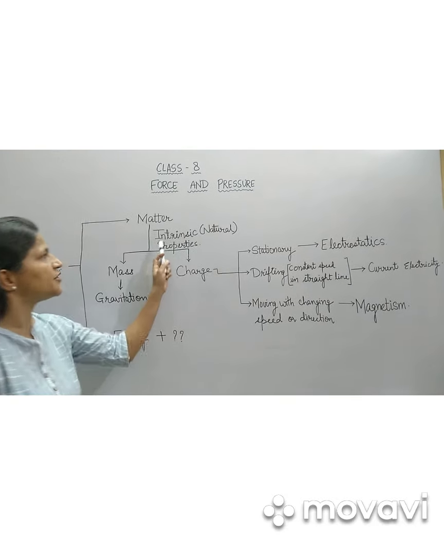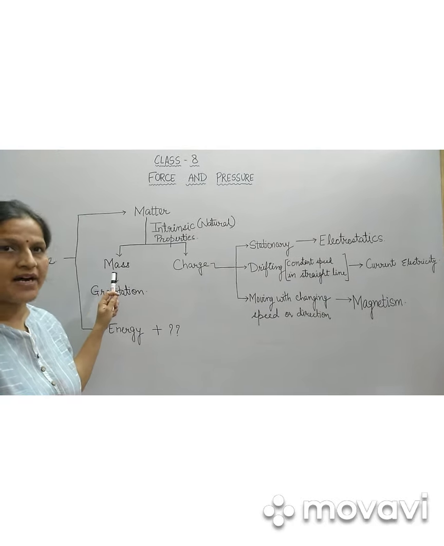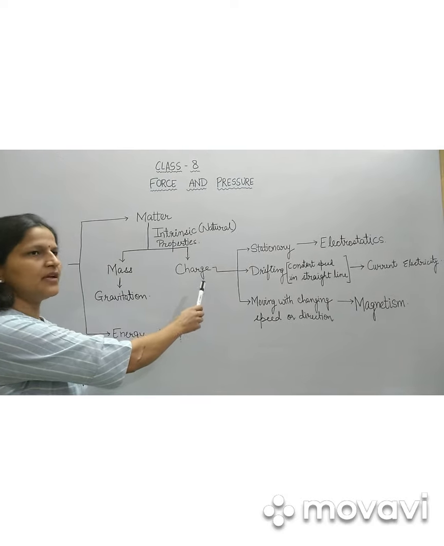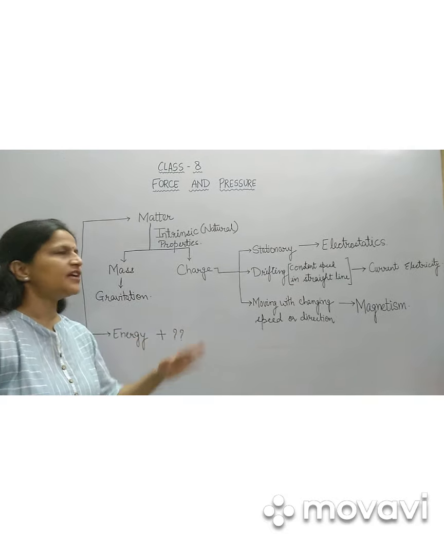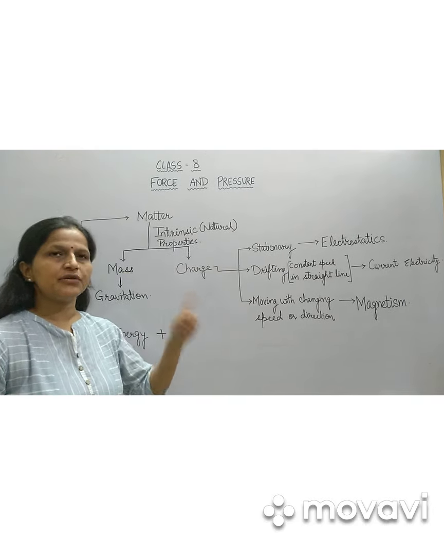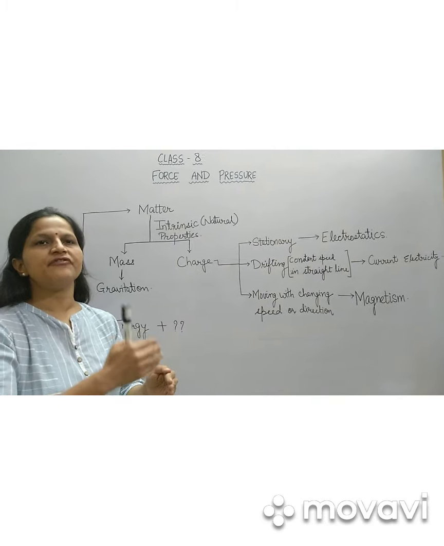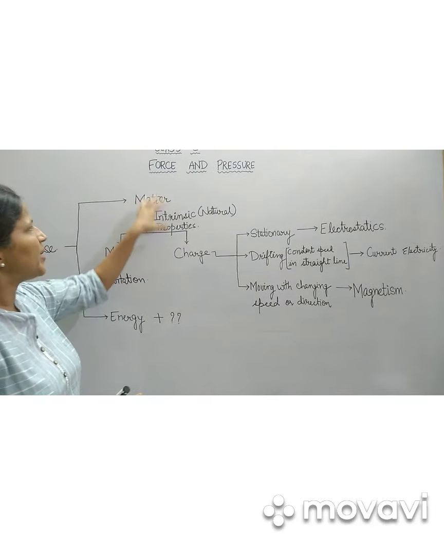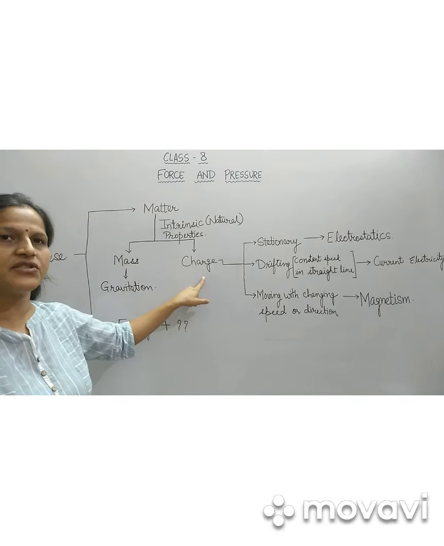Matter has two natural or intrinsic properties. One property of matter is that it has mass. The other intrinsic property of matter is that it has charge. You might learn about them in coming days, but just a glimpse of it. All matter is made up of atoms, which I have already told you in some previous lectures, and atoms are further made up of charged particles called electrons and protons. So coming back, matter has two intrinsic properties: one is mass and the other one is charge.